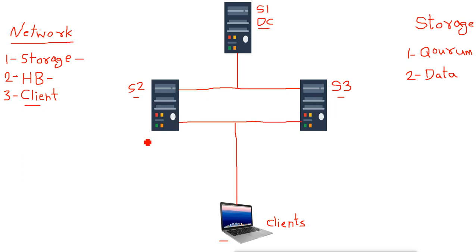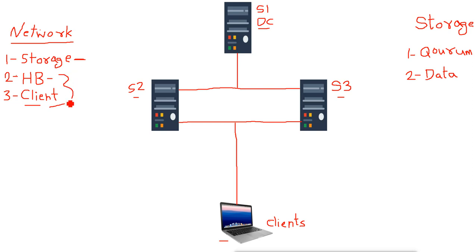Now if we don't have three separate networks, we can combine the heartbeat traffic and the client traffic on the same interface, the same network, but we cannot combine the storage. Remember, storage must be a separate network. We cannot combine the storage with heartbeat traffic or client traffic.